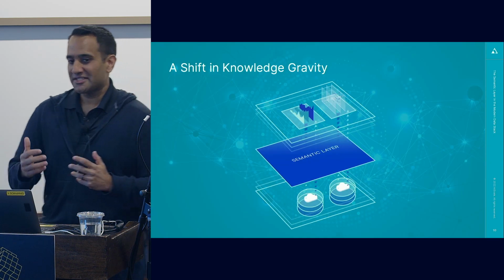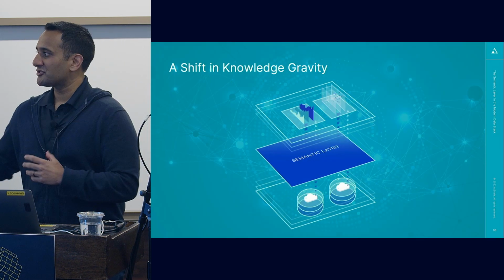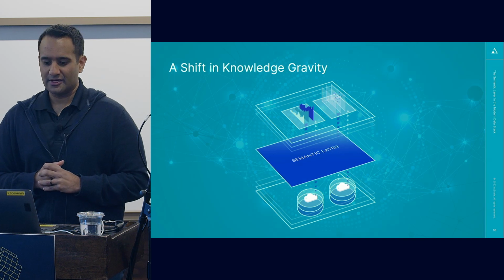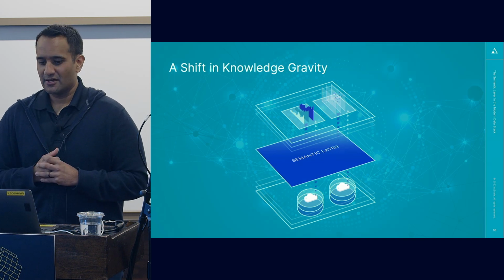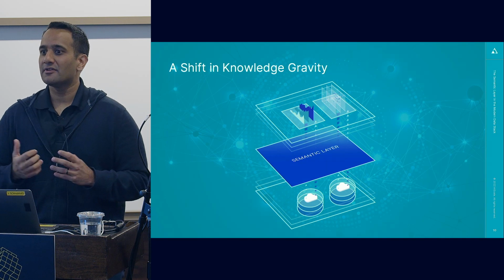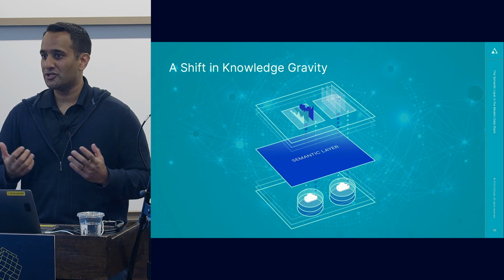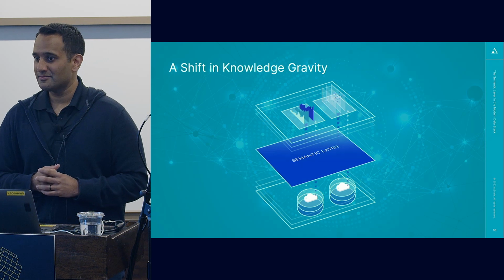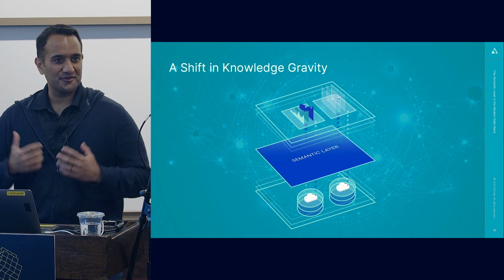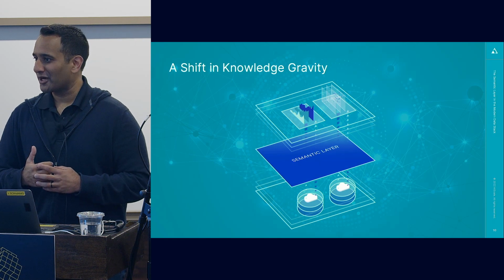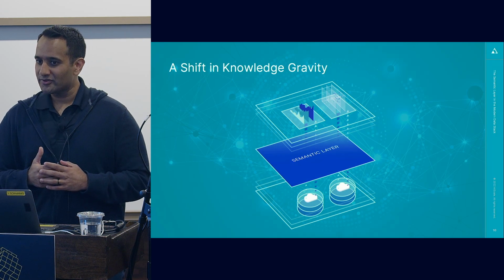So how do we take this to the next level, and how does this now start to influence what we're doing with machine learning and AI? The concept of a universal semantic layer is what we're focusing on at AtScale, and you can think of it as a logical layer that sits between your consumption tools and your backend systems. And now we have a single place to define business logic within the enterprise, regardless of the tools, regardless of